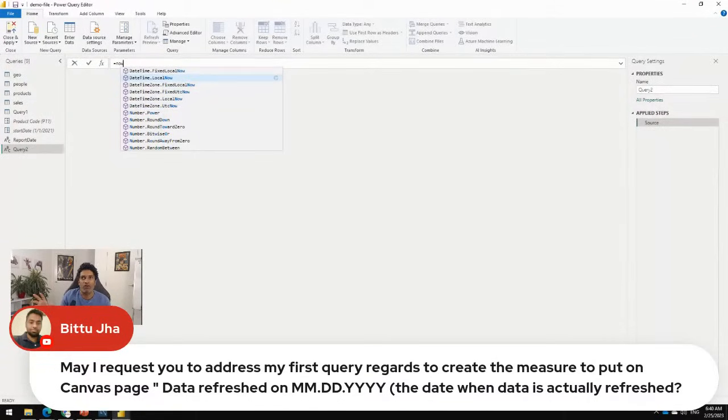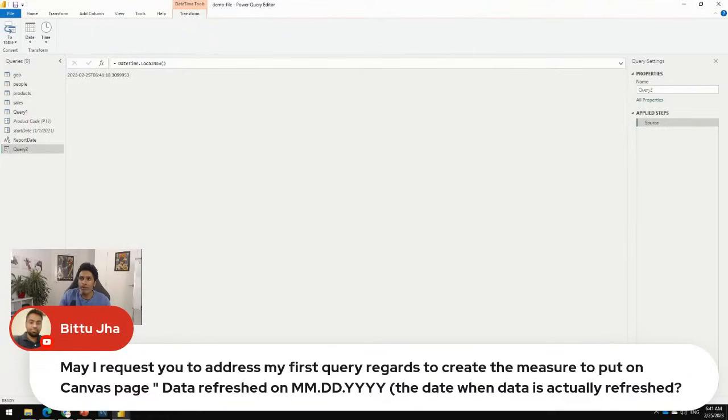The problem with Power Query times, and when it goes to the service or platform, is that local now will be my computer's time, but once I publish, it will be the local time of the Power BI server, whichever locale it sits in. So it can get a little bit complicated, and you need to be quite careful with this. So I'll get the correct time here, and then I'm gonna,